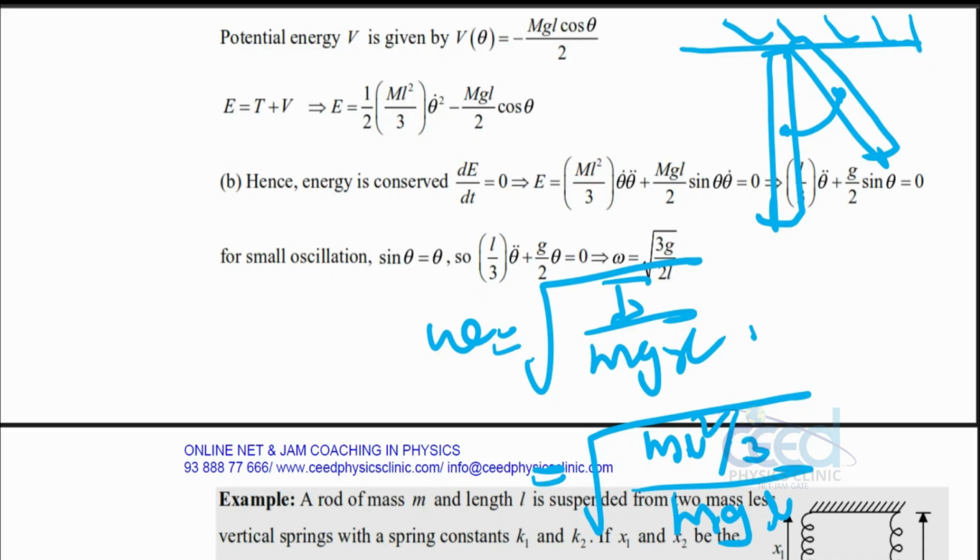X is equal to L by 2. Why? Because the center of mass position from the fixed point, so the rod's center of mass is located at L by 2. Now m cancels and the L squared cancels, then what you can write is 2L divided by